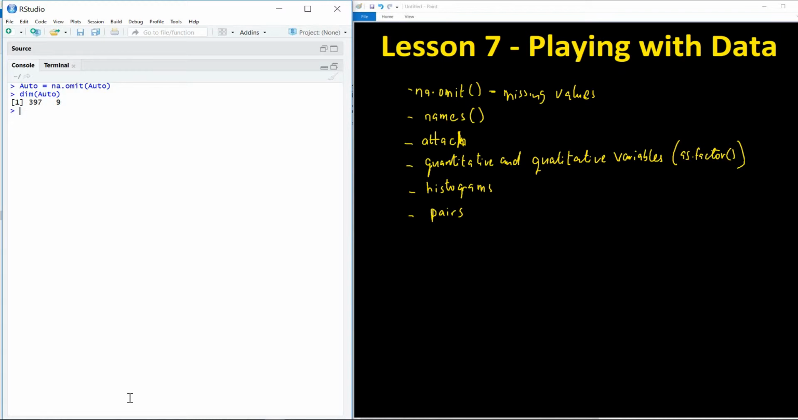Now if you want to know the names of the columns in this data set, you simply say names(Auto). So that is going to give us all the column names. Now you can see the 9 column names are displayed: mpg, cylinders, displacement, horsepower, weight, acceleration, year, and the remaining